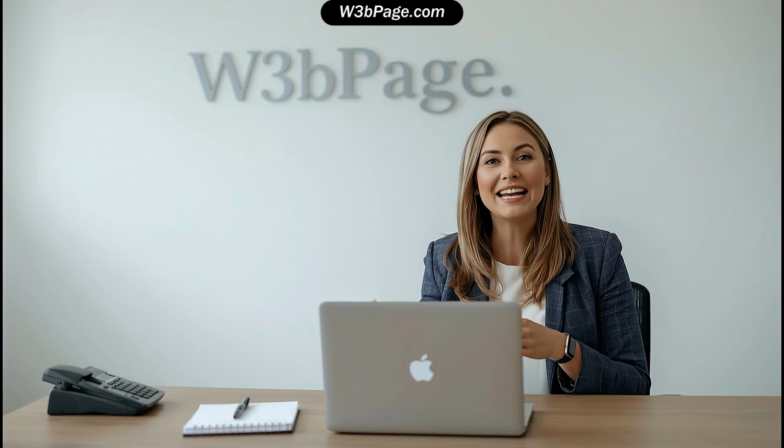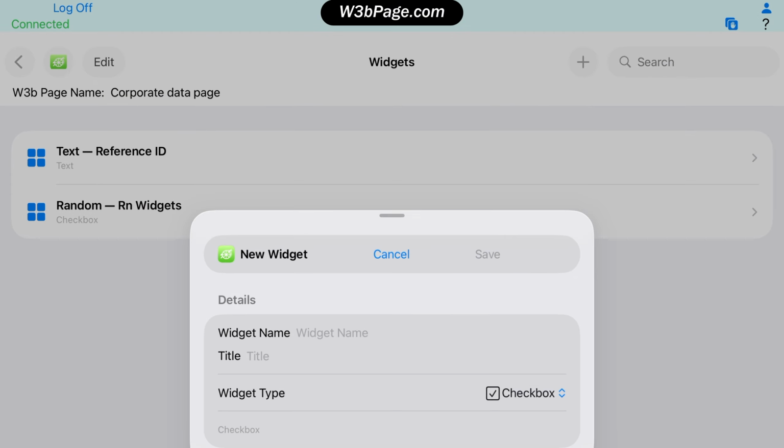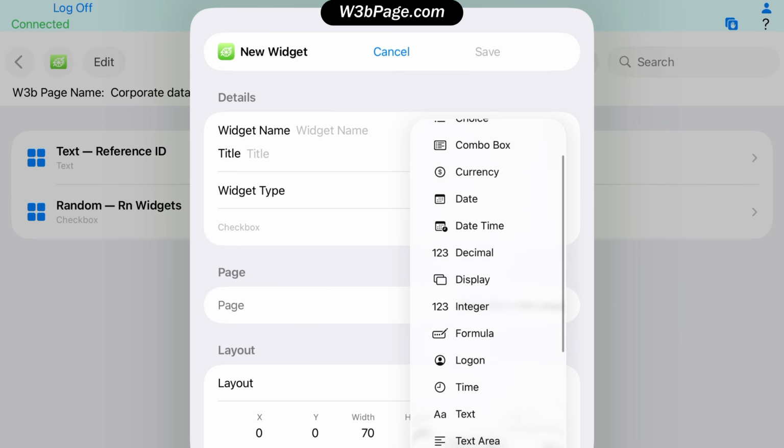Now, we need to lock in exactly when it happened. Next is the Date Time widget. Unlike the simple date widget, this captures the precise moment, down to the minute and second, creating a tamper-proof timeline for your records. I start by creating Date Time widget from the list,